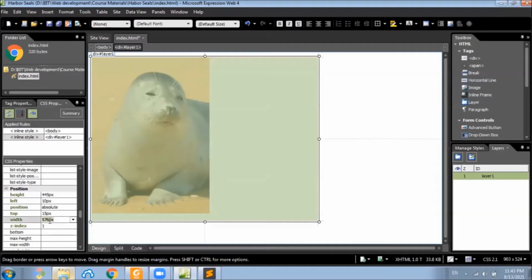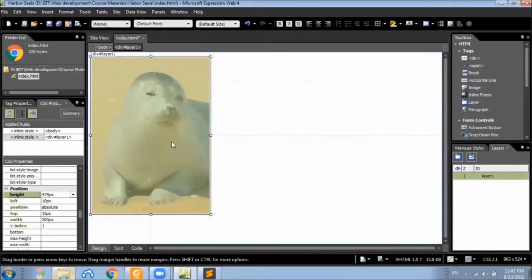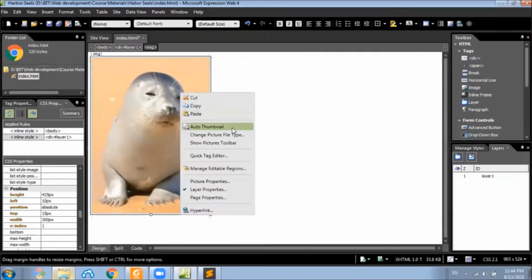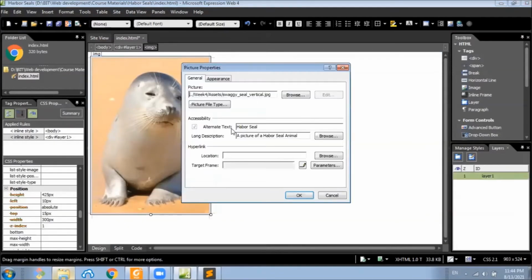Width is 300 and the height is 425 pixels, exactly matching the picture.